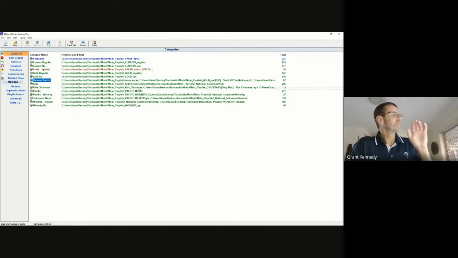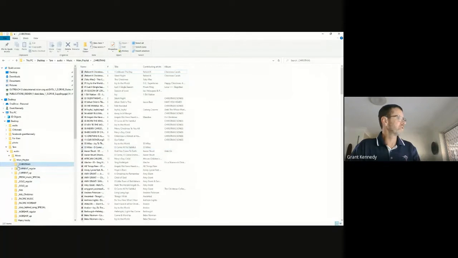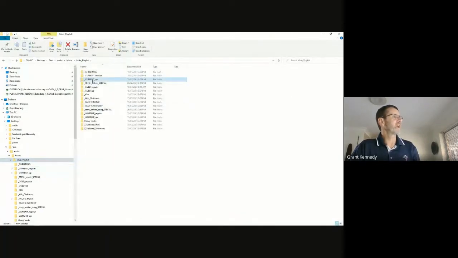So the way Station Playlist works, in my gold up category, for example, or my current up category, for example, there are 177 tracks in there. Say Deepak just releases a new song. It's really upbeat. It's current. It's new. I want to put it on the radio. I simply take the MP3 file, Deepak's new song, and dump it into my current up category.